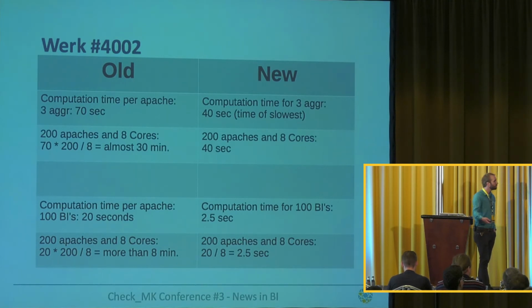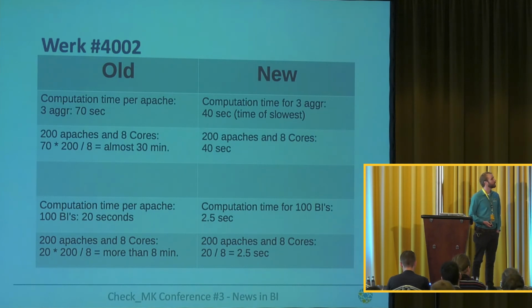So the second one is the other way around. We have a lot of different BIs, and the calculation is done very quickly. And we have 20 seconds right here, and the same setup, 200 Apaches, 8 cores. We have a calculation time of 8 minutes. And I do understand for most of you, this is probably not applicable right now. You probably either have a BI with 40 or 70 seconds to be calculated, and you probably also don't have 100 BIs. But the access time is something that